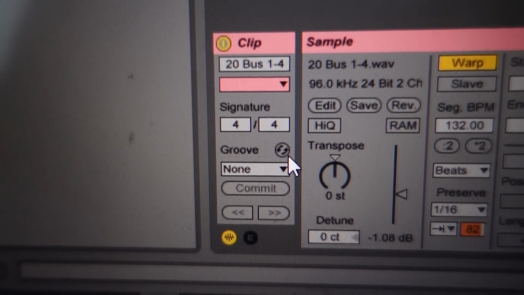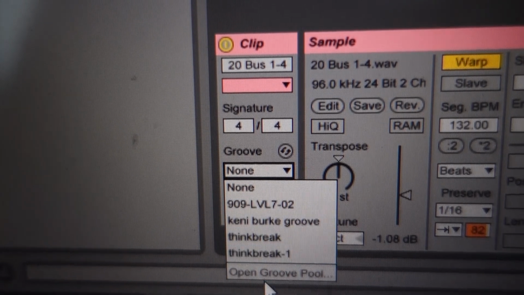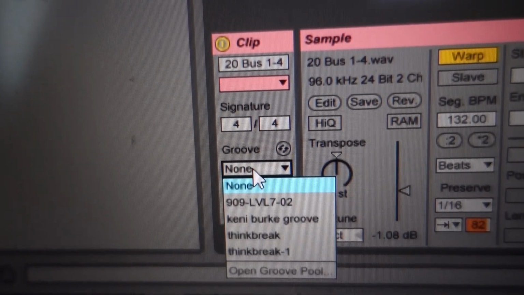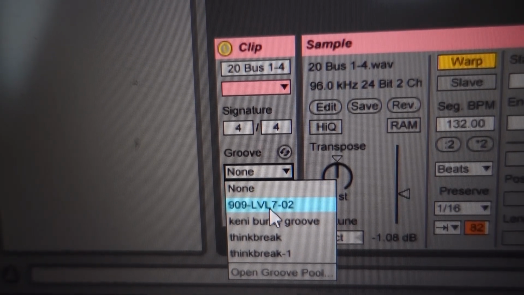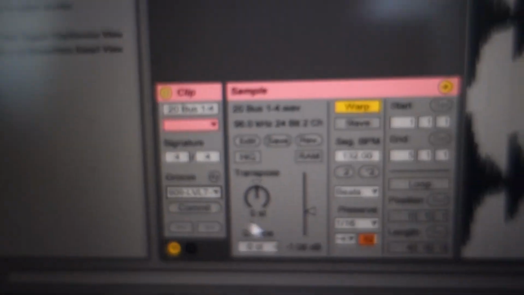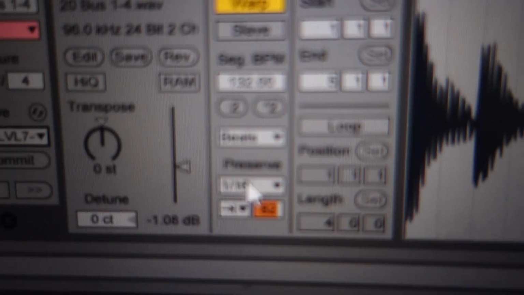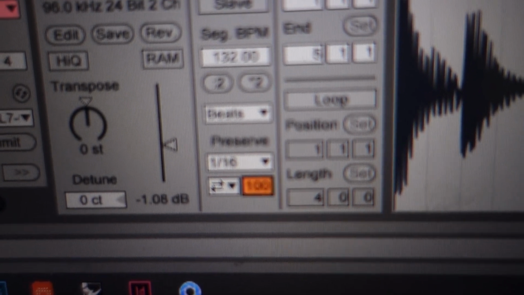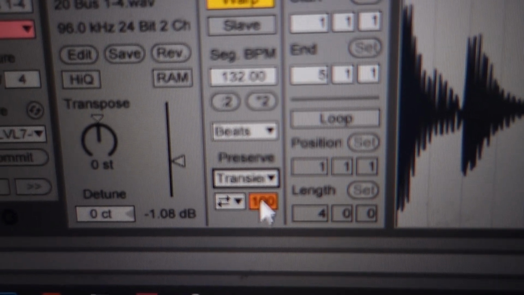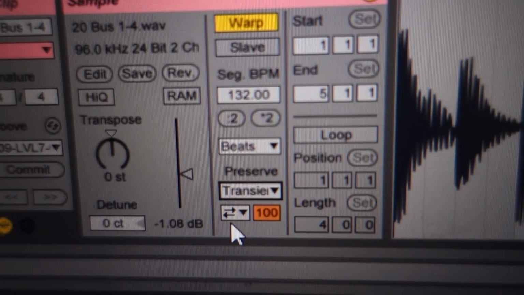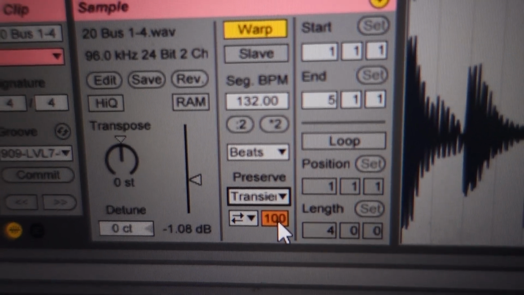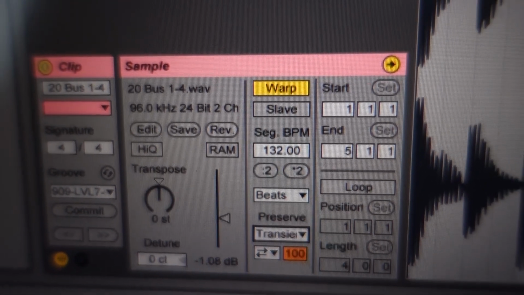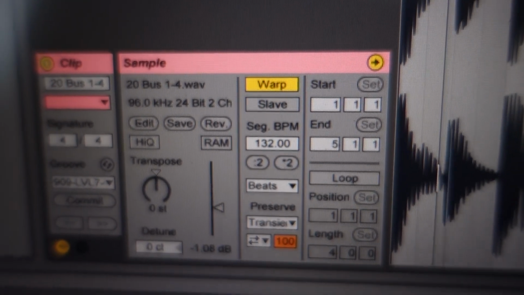And then you could pick whatever and apply it to it. These are some grooves that I have already made, so I'm going to try it out. And you'll see that this is very important here. Normally the default looks something like this, where it says preserve transients. This is forwards and backwards, and the envelope is set to 100. So if I put a groove on it, now if I listen to the clip,